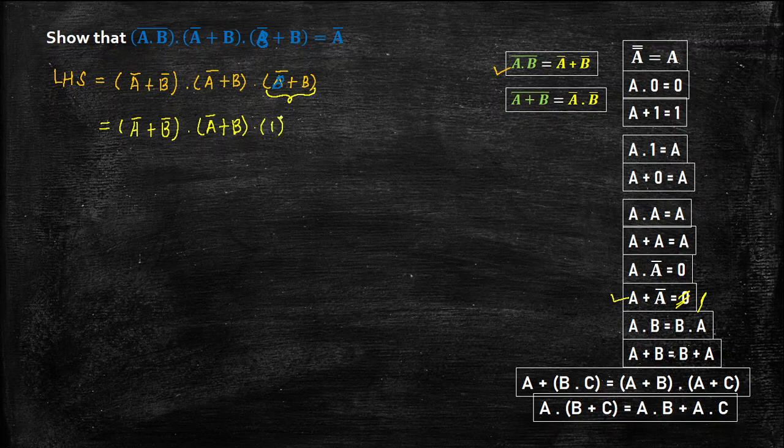Their addition, this is a complement law, the addition is equal to 1, and 1 into anything gives you that answer only. So therefore this will be a bar plus b bar dot a bar plus b, and this term,